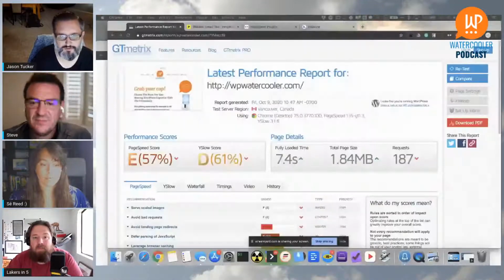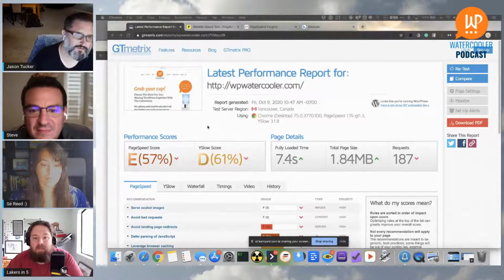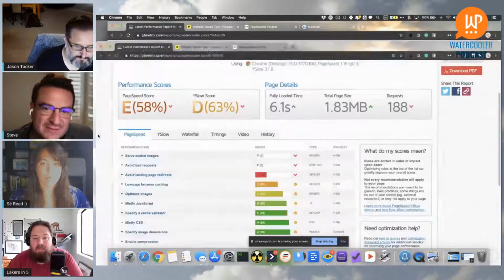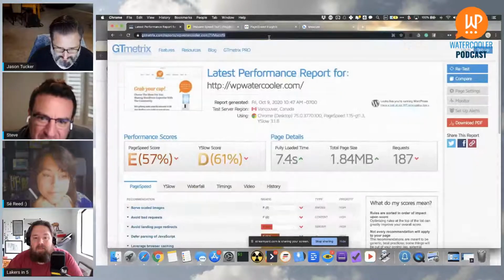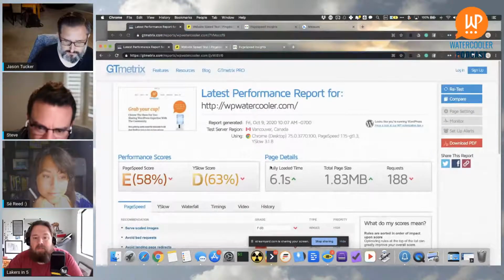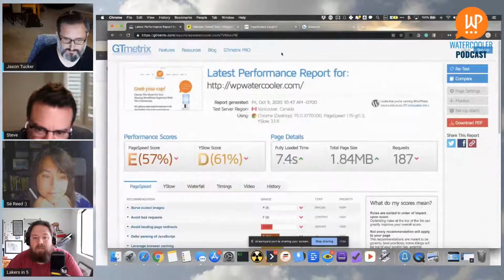And before I did all of that, I ran a test to see what my scores were, so I can do a comparison live on the show. I know that the site has issues, and I'm okay with showing you guys this because it is what it is. But looking, I believe this is before I ran it. The numbers don't change. Yeah, okay, so this is before I ran it. So I ran this first.